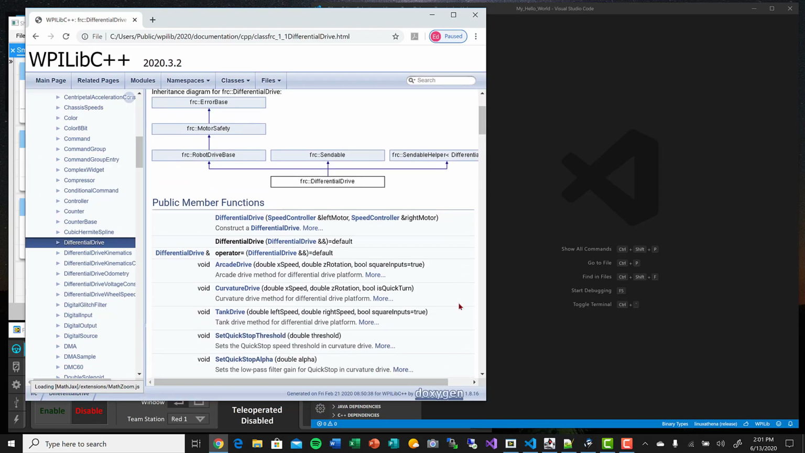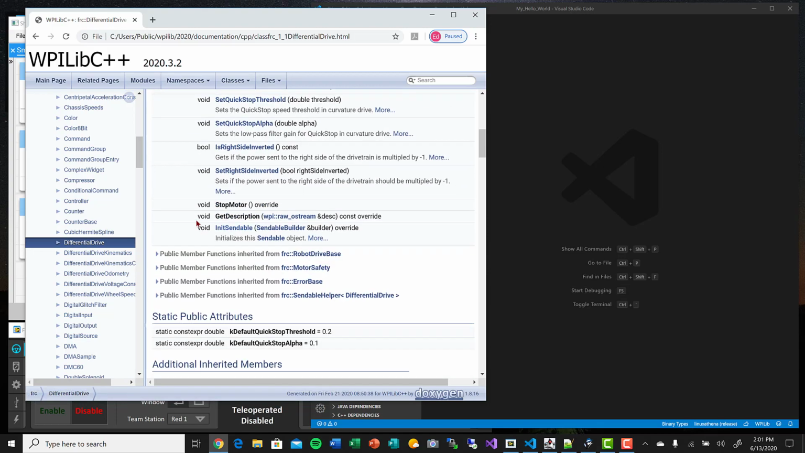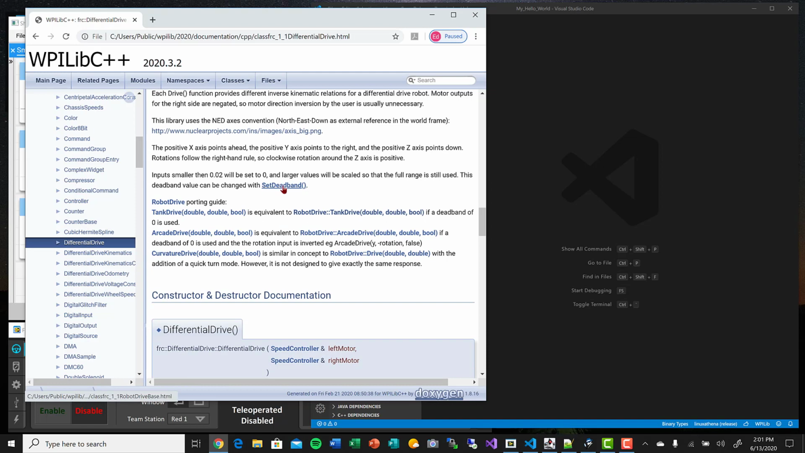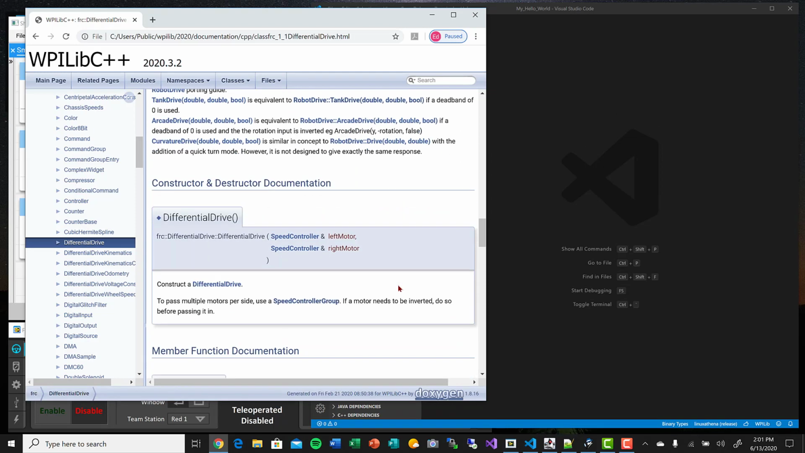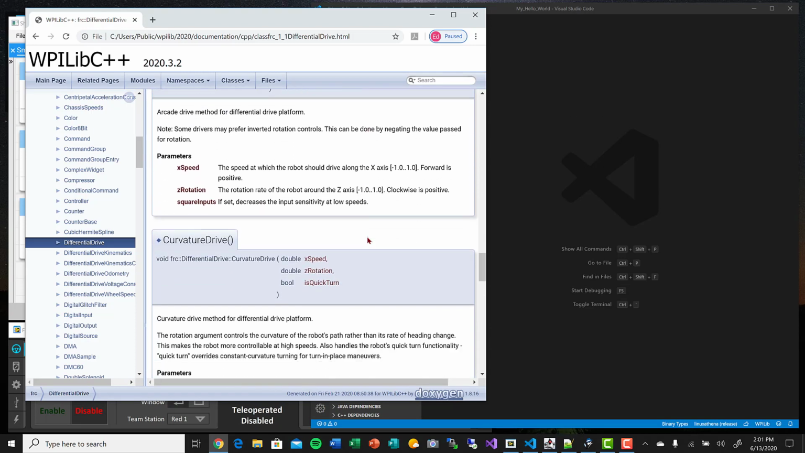Using the DifferentialDrive class, we can construct a drive system with a left and right motor. We'll be able to use methods called arcade drive, curvature drive, tank drive. We'll be able to use this method here to set a deadband. And when we construct the differential drive, for example, let's look at